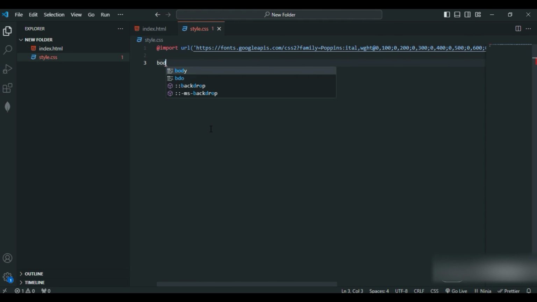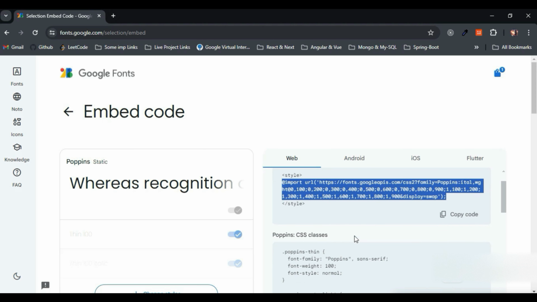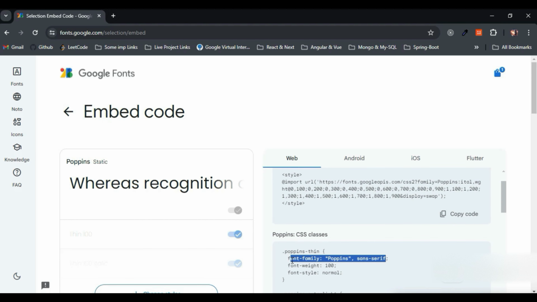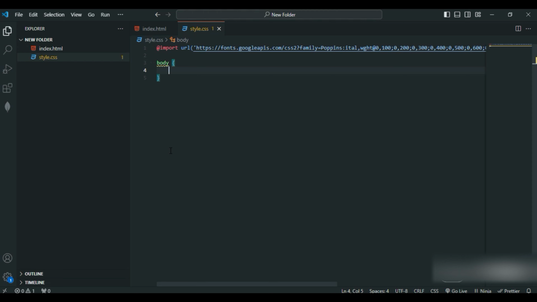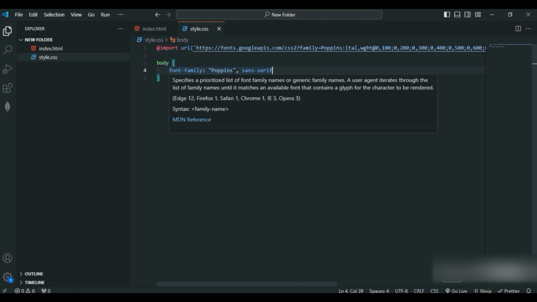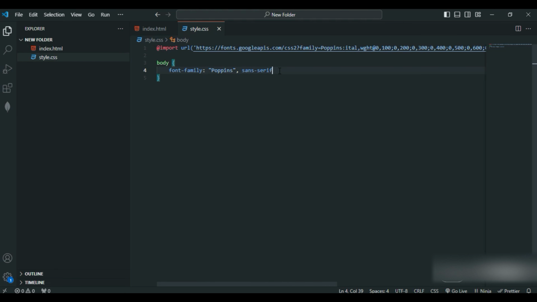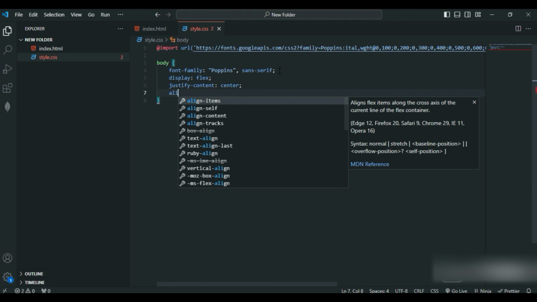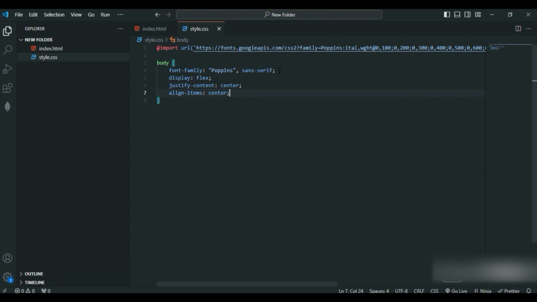Next, let's type for the body. I'll go again here and copy this one, font family. I'll close this one entirely. So the primary font we are making use of is Poppins, and the secondary font, if something goes wrong, we'll be making use of sans serif. Next, I'll give display flex, justify content center, align items center,